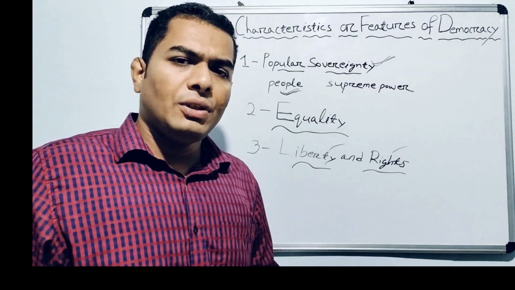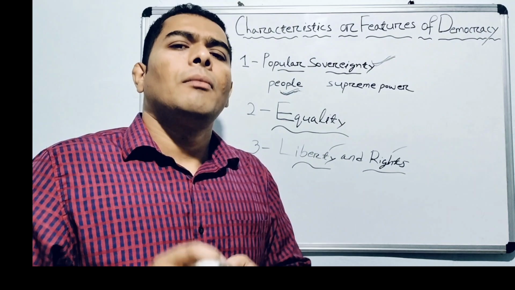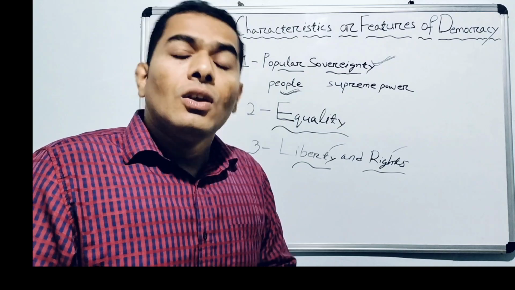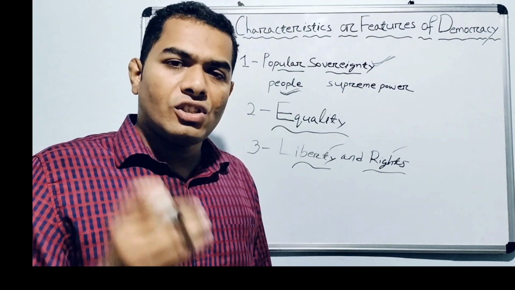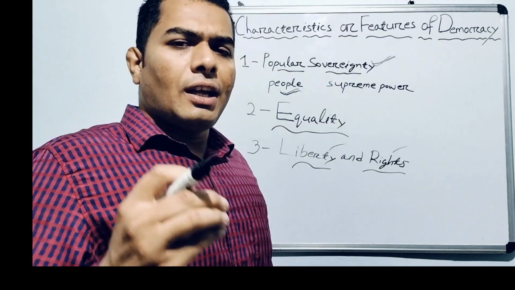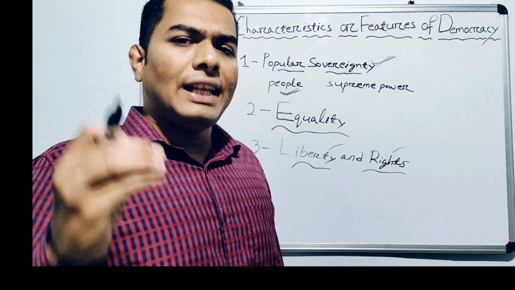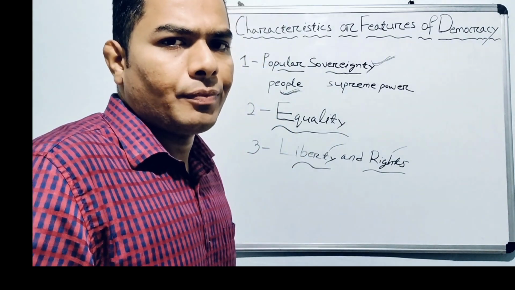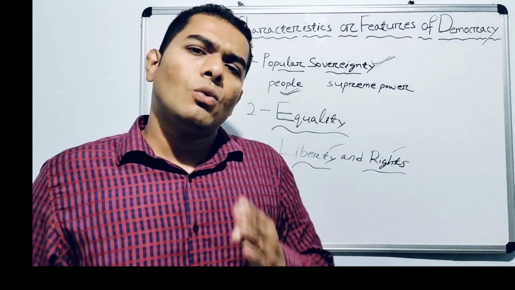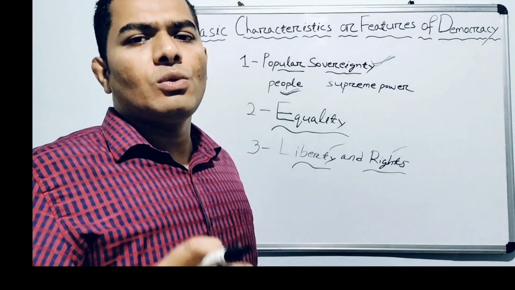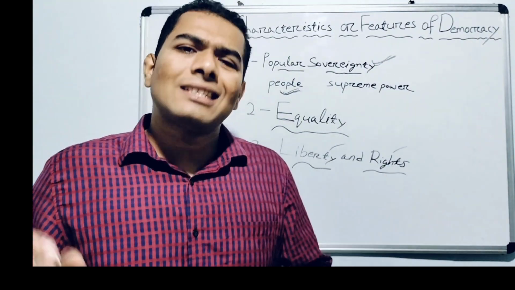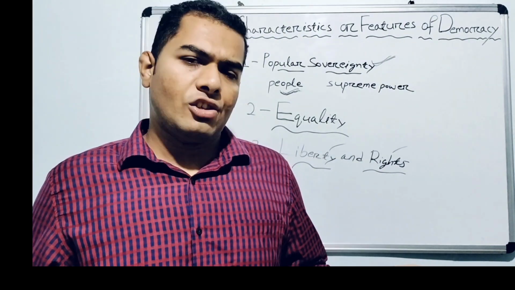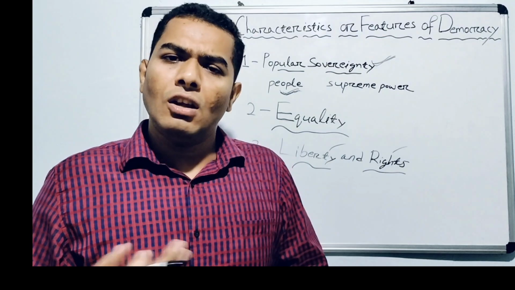So what is political liberty and rights? It means that in terms of politics and government affairs, all the people have an equal right to participate. Whenever there are elections, you might have seen that all the people in our country above the age of 18 go to the election booth to cast their vote and choose their elected representative. Not only do they have the right to cast their vote, but citizens also have the right to stand in elections. Anyone can stand in MP elections, MLA elections, Sarpanch elections, municipality elections, or Panchayat Raj elections, because we have our own political rights and liberty.